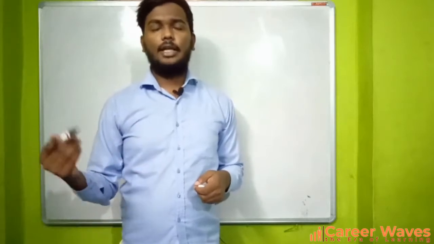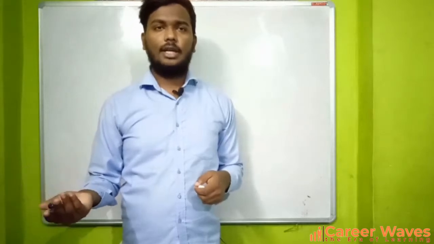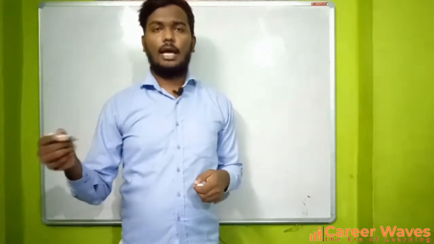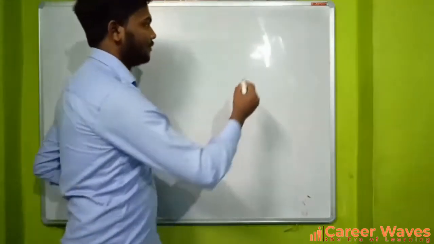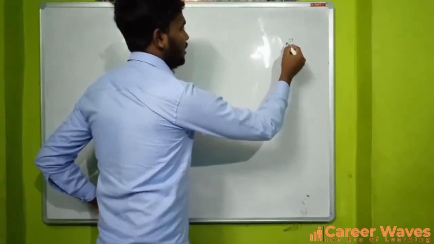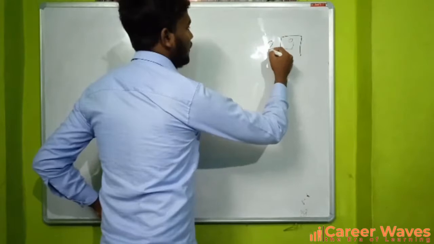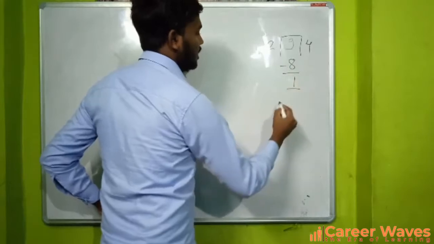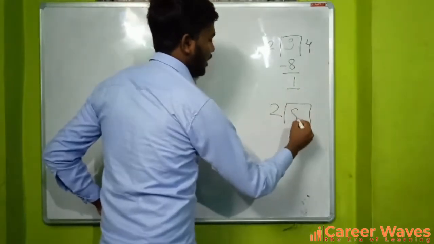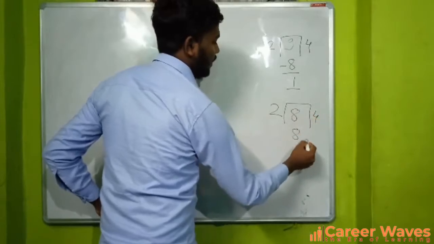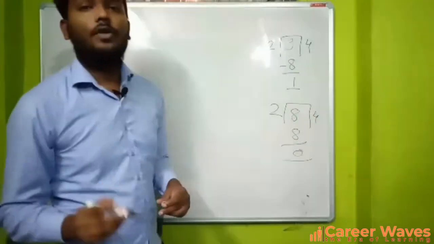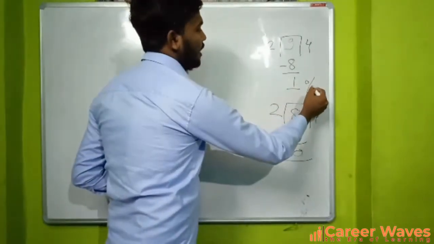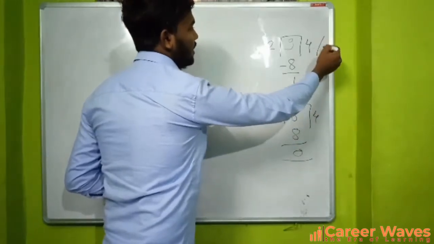Similarly, if we divide any number by 10, the remainder that we can get is 0, 1, 2, 3, 4, 5 till 9. That is, we should always get a remainder less than that number. Say the number is 9. We divide this 9 with 2. 2 4s are 8, so the remainder is 1. Similarly, if we divide 8 by 2, 2 4s are 8 and we get 0. One point to be noted is, for getting the remainder we should always use the modulus operator, and for getting the quotient we should always use the division operator.